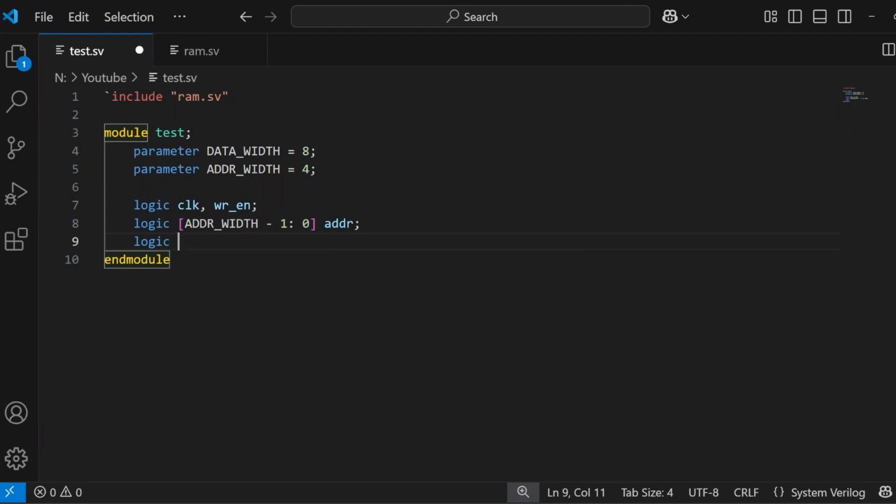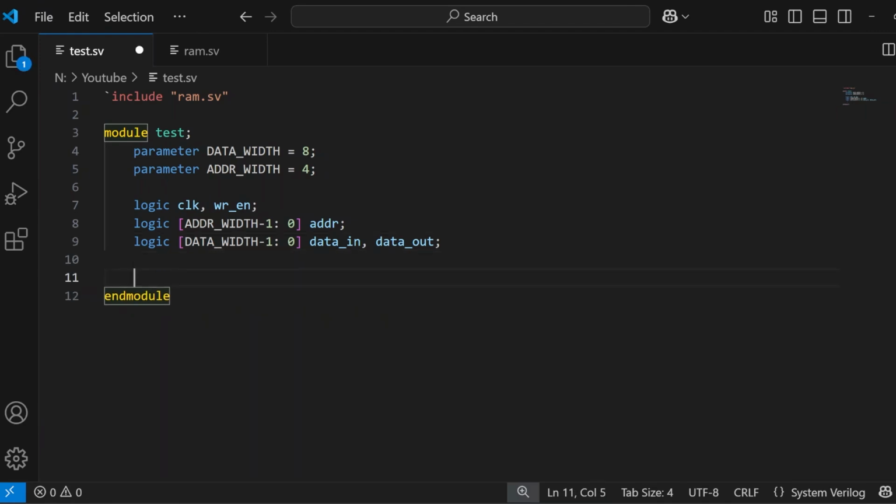and the input. And finally the output. Since we are not mentioning any directions here in the test bench, I will go ahead and mention the output in the same line because both of them have the same width. So let's go ahead and just mention the